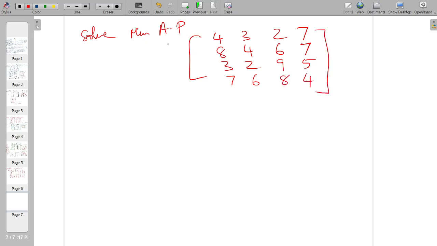Okay, so here I have given you a 4 by 4, but in this case it is a minimum assignment problem. So what we do is we will convert it into a maximum assignment problem